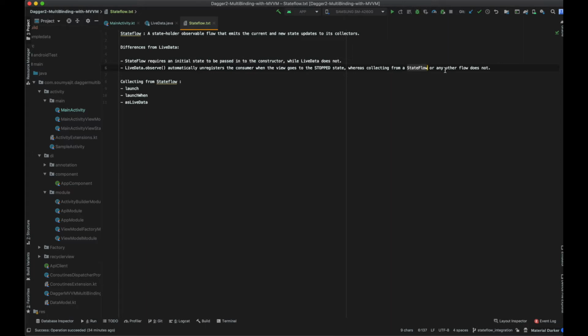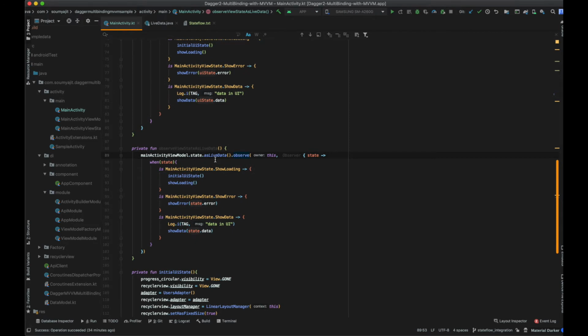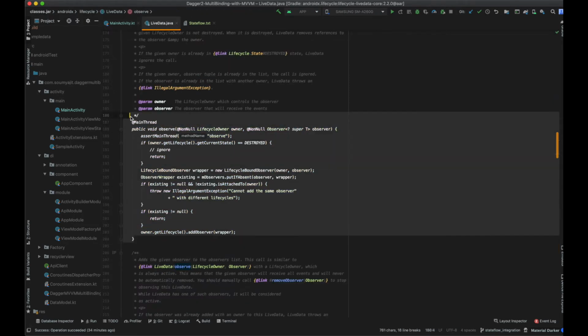Now, why StateFlow does not guarantee this by automatically unregistering the consumers when your view goes to the stopped state? Because this is something that has to be done by the Android framework, right? And flow as a whole is more of a Kotlin concept. Now how LiveData does it, I will just show you. So if you go into this part, where I have used LiveData as well, and go into this observe method,